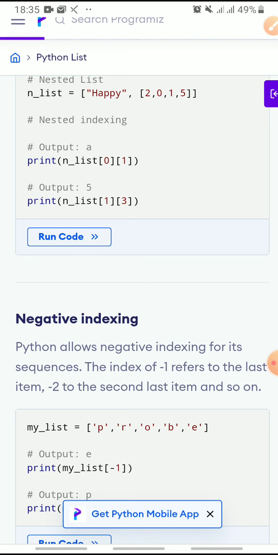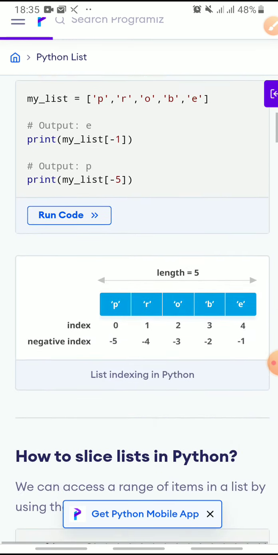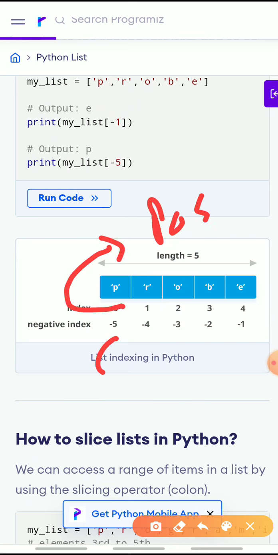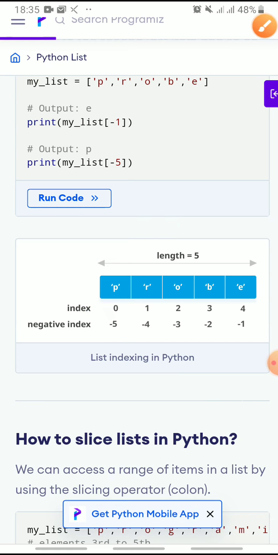If I go through this example, there is a list, where this is positive indexing, whereas this is negative indexing. The negative indexing starts with the last element of the list, whereas positive indexing starts with the first element of the list. Positive indexing starts with 0 and negative indexing starts with -1.